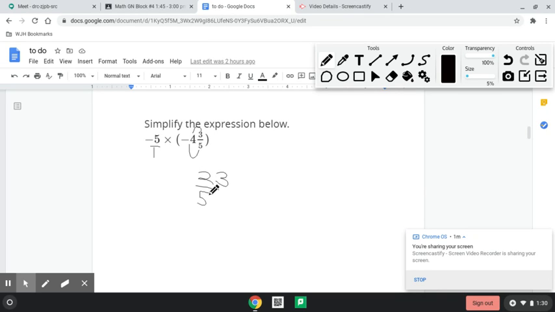So we have 23 over 5, and that's going to be multiplied by 5 over 1. And just for fun, I'll write those negative signs, even though we already know the answer is going to come out to be positive. So 5 times 23, now that's actually going to make, let me see, basically 120 minus 10, so it's going to make negative 110